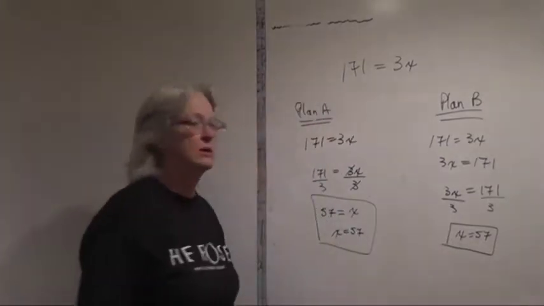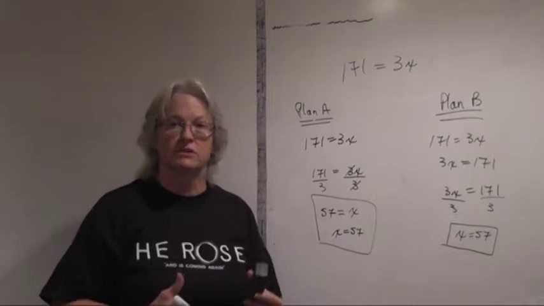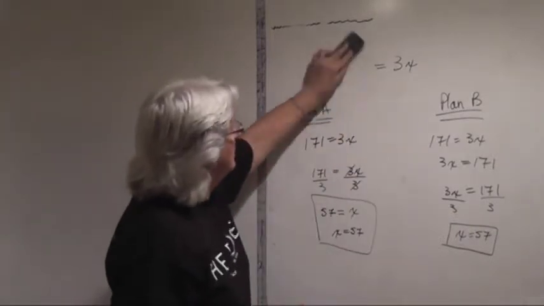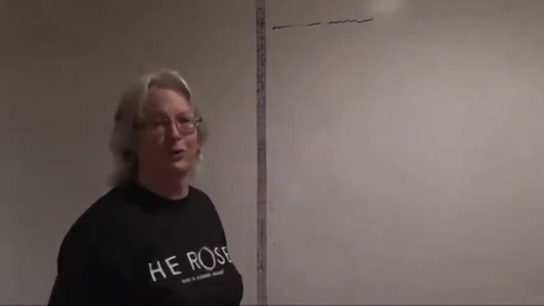You do your division, and you have x is equal to 57. This is what we're working with for now and forever through your math. You're always going to be solving equations this way. Let me show you one more. Let's take